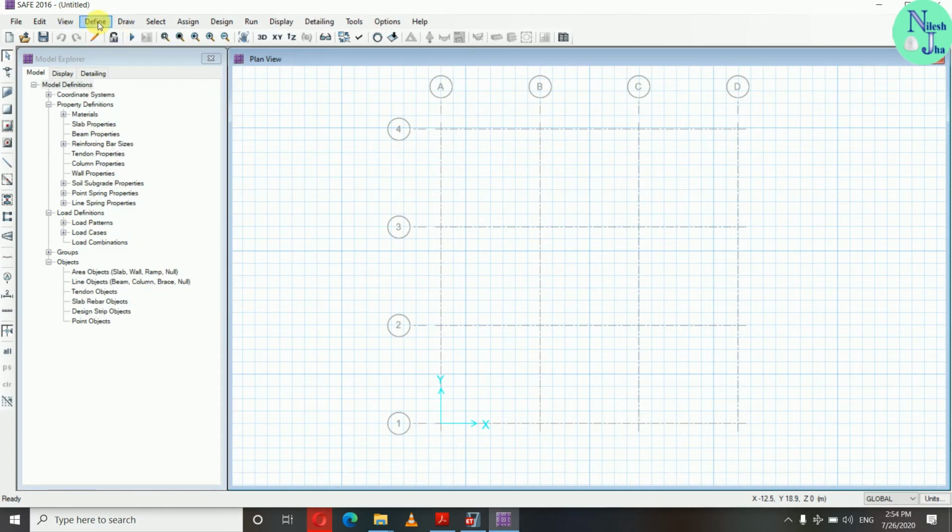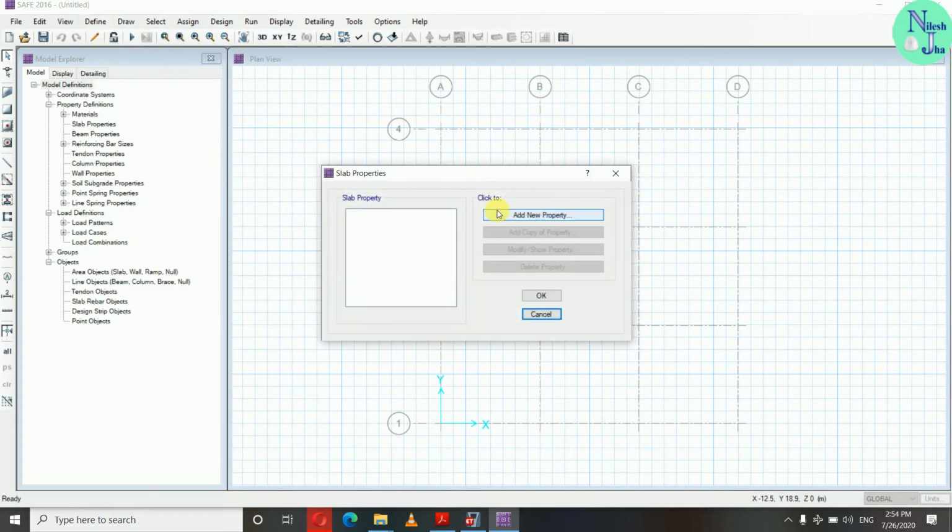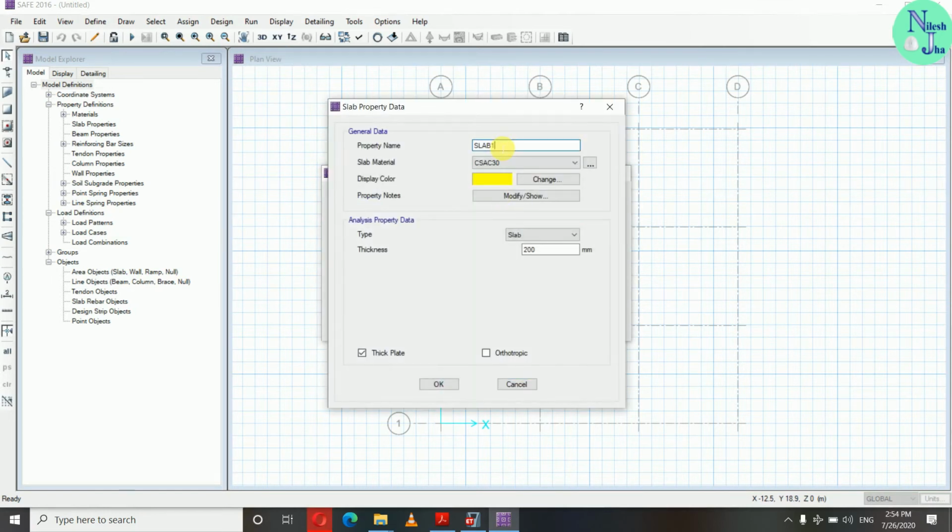So here we will define two slabs. Let me show you. Add new property, and Slab 1. Slab 1 means this is the footing slab, say. Okay, footing slab, and the slab material is M25 here, and the type we will give is footing. You can change the different types here as per your requirement. So we require footing type here. Okay, and the thickness, as we calculated in our previous video, is 445 millimeter, and just take this thickness.